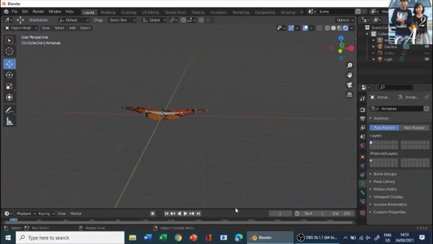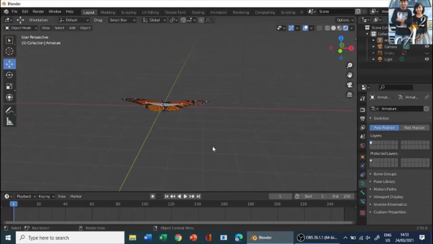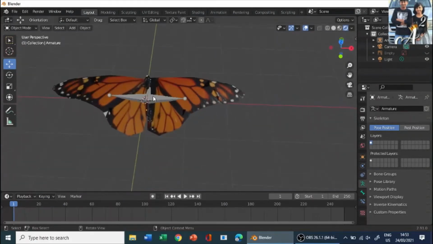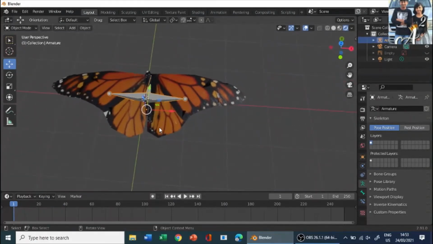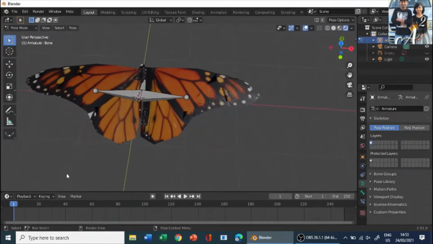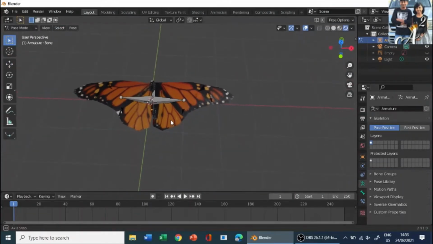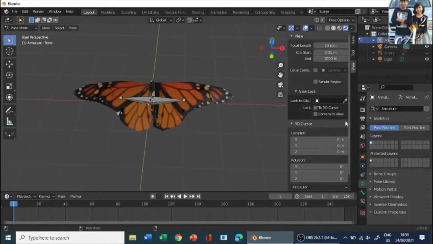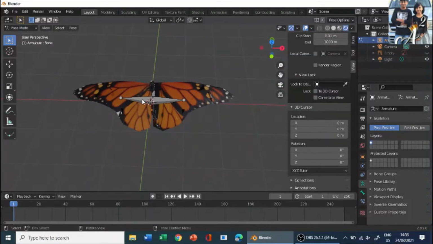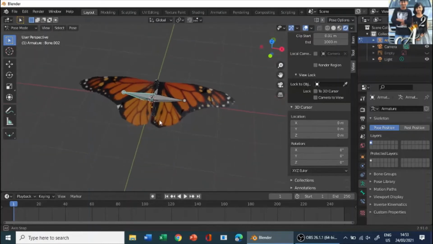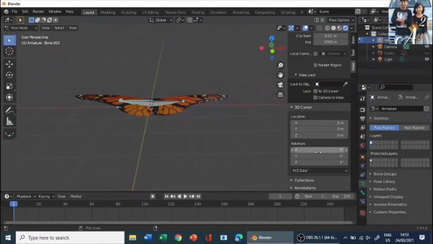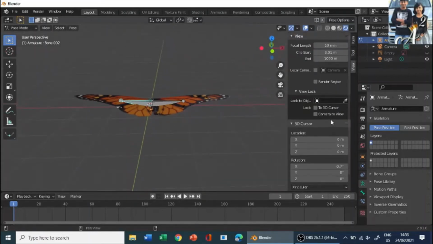Now let's animate them. For animating them, click on the bones and go to pose mode, and then we'll add a keyframe. Press N first so that you can see this tab, click on your bone over here and look at the rotation.